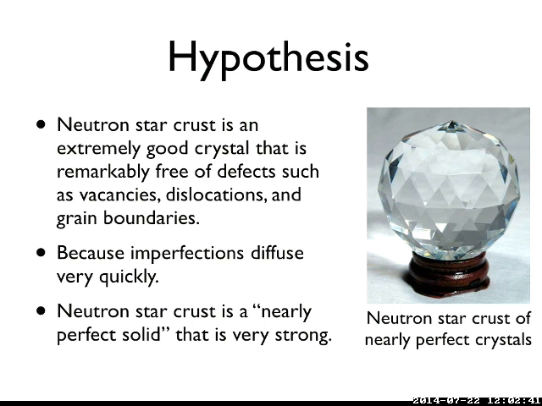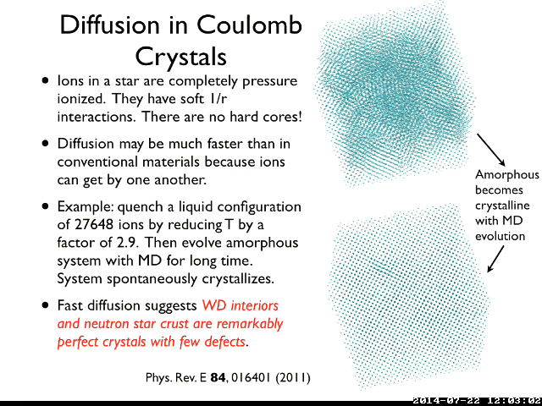Okay, so I think that neutron star crust is actually an extremely good crystal that is remarkably free of defects, such as vacancies or dislocations, because these imperfections diffuse very quickly. So I think it's a nearly perfect solid that's very strong. And I'll give you a little bit of evidence why I think that. I did a simulation for pasta, and I got these long-lived topological defects. I tried to do the same thing for ions,